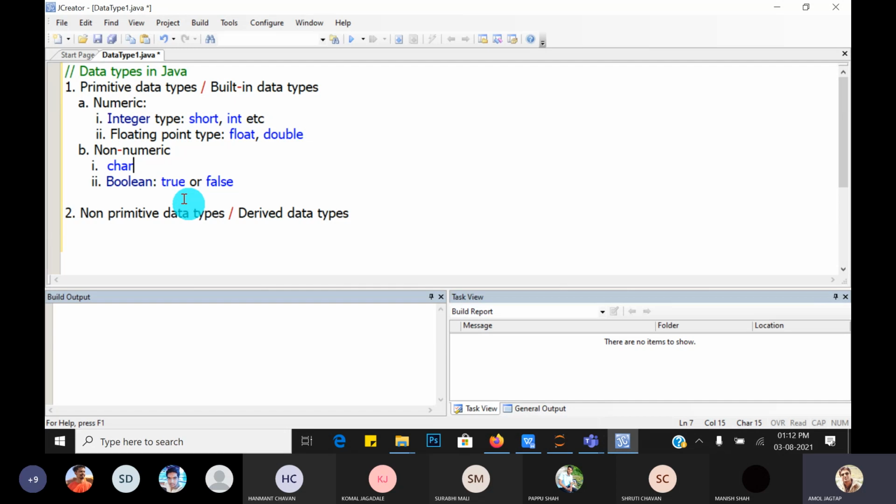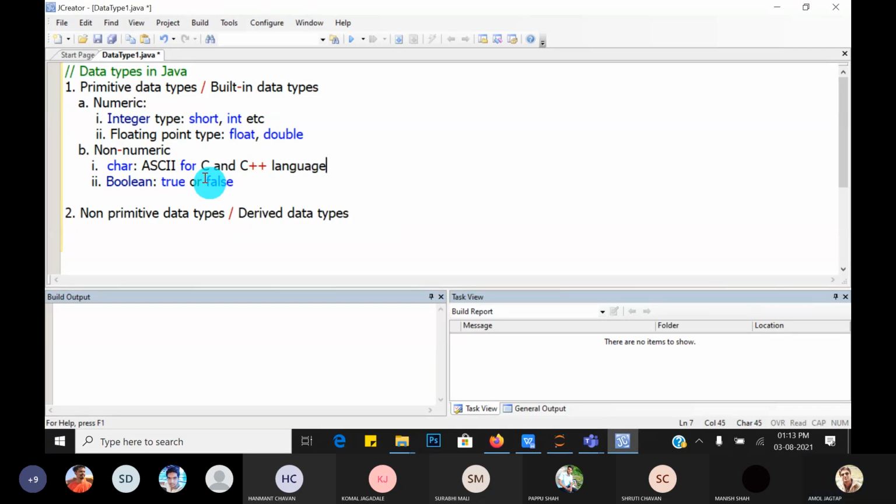So character. In Java, the Unicode system is there, a universally accepted code, which is not ASCII. The ASCII code system is applicable for the C and C++ languages. American Standard Code for Information Interchange is applicable for C and C++ language.